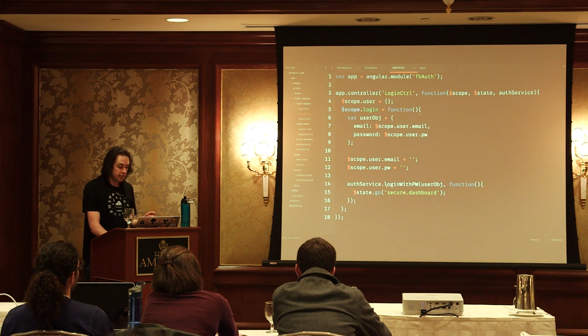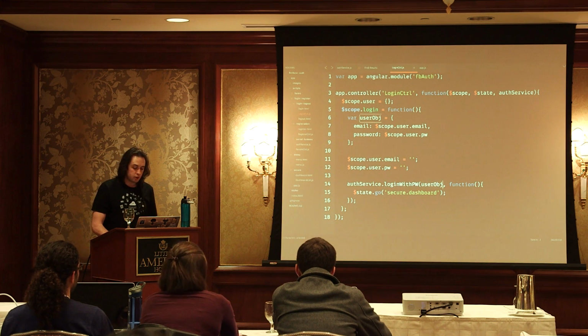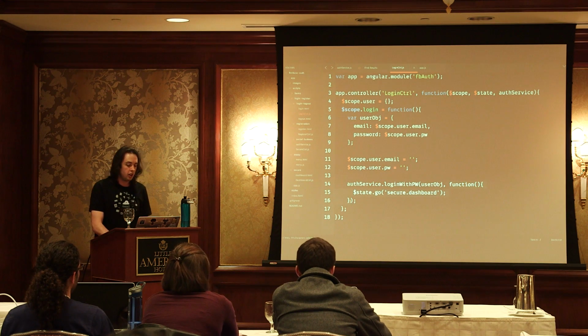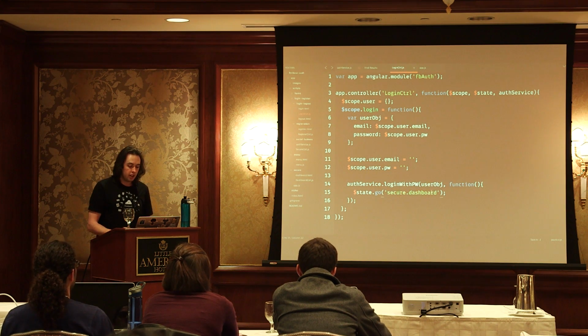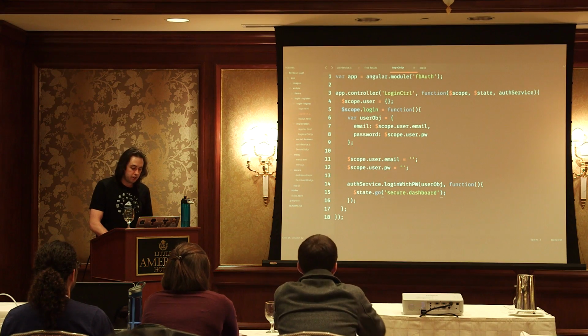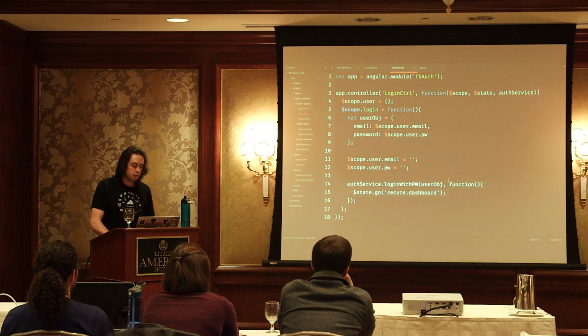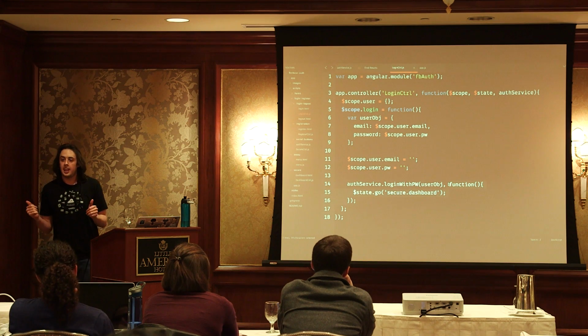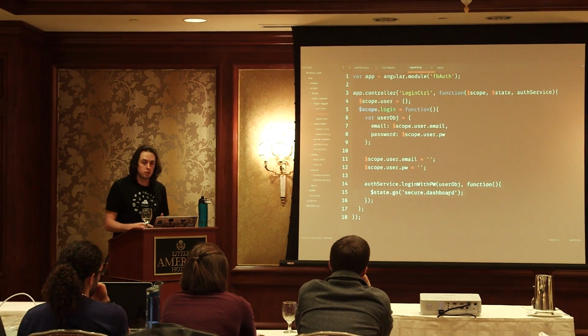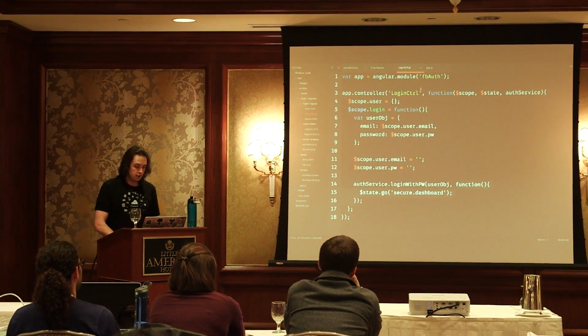We reset that information, and then we call it. We pass it the user object, and we pass it just a function. And all that function's doing is it's saying, go to this dashboard when the user logs in. So we want to invoke this function, which is the callback function. Once Firebase says, hey, everything's good, there weren't any errors, we invoke this function, which will take us to the dashboard. Okay?